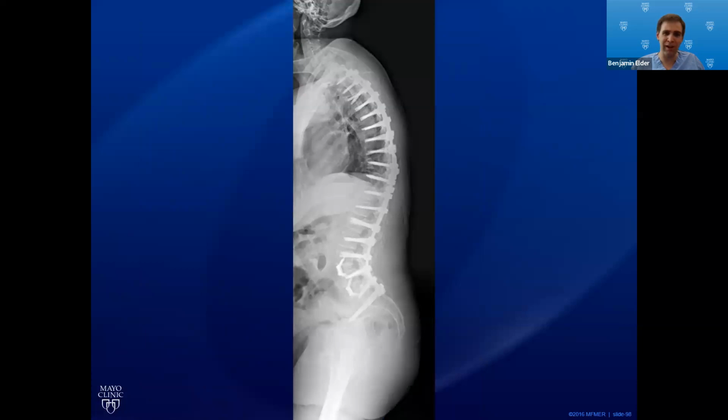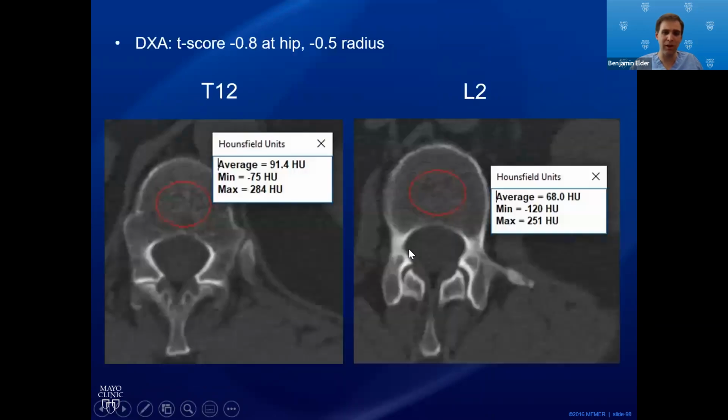I put in a little more kyphosis at the top, so probably more than I'd like to see, but to try and take some stress off that and hopefully minimize her risk of doing this again. And she ended up with a small fracture that stabilized at the top and has done well for the past 3 years with this. But looking back with some of the data we know more at this point,